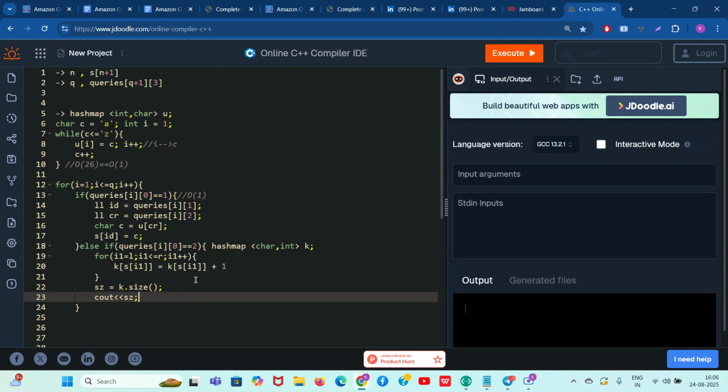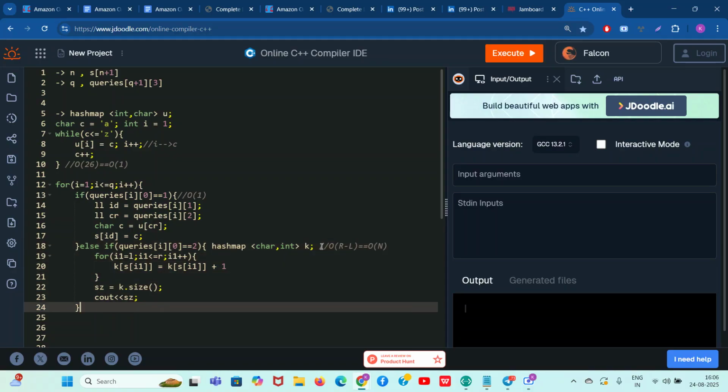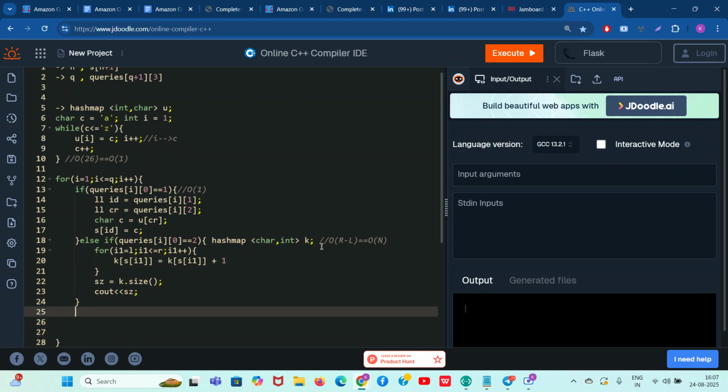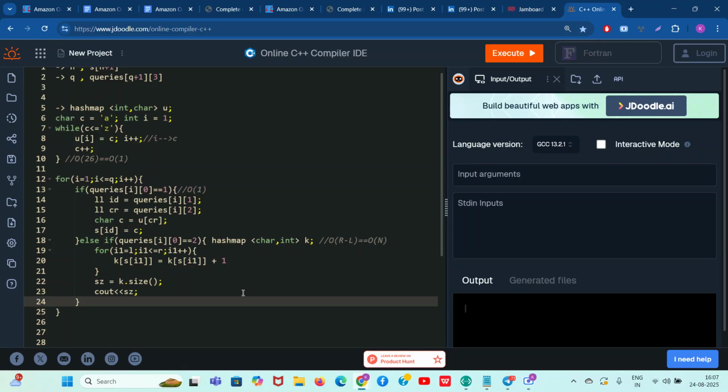So what is the time complexity in this case? It takes you O of R minus L. And O of R minus L in the worst case, L can be 1, R can be n. So O of n minus 1, which is equivalent to O of n. So it can take O of n time in this query, okay. So that's it, guys. And yeah, if you want the part 2, let me know, where we discuss the optimization for it, okay. cout slash n just to print it on a new line.